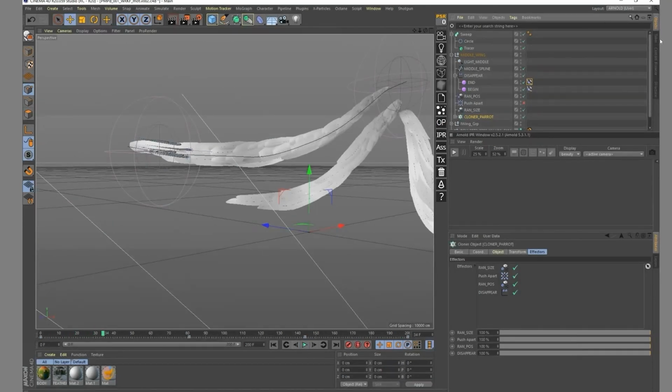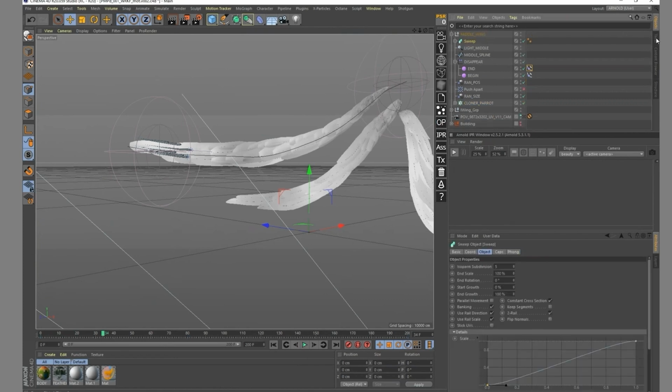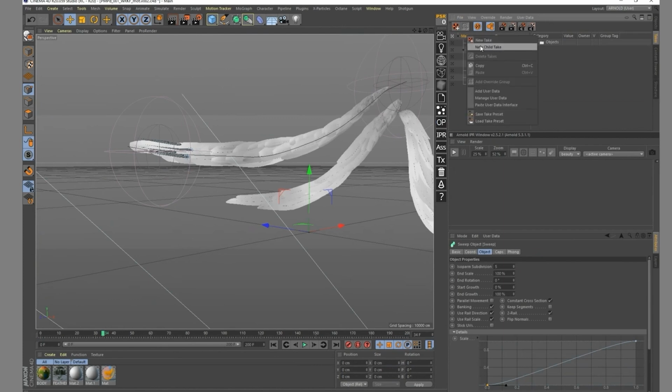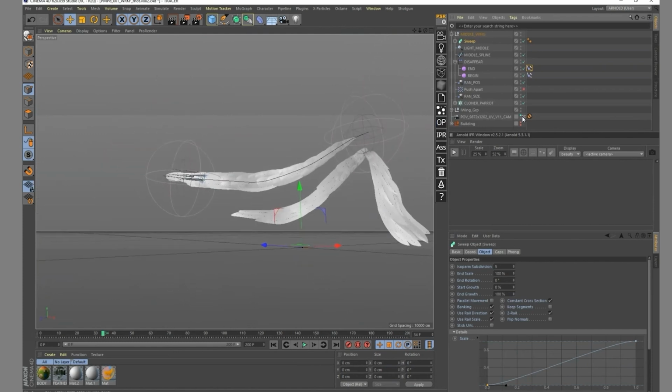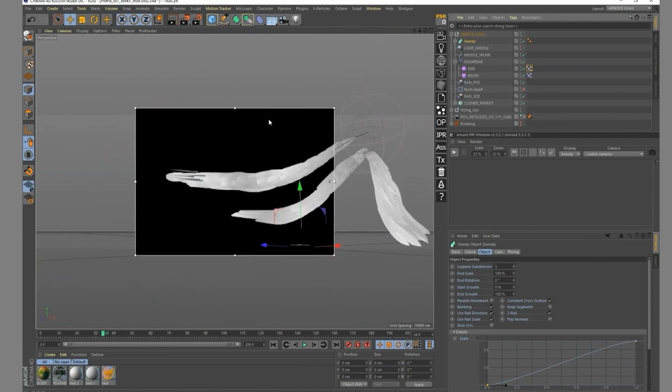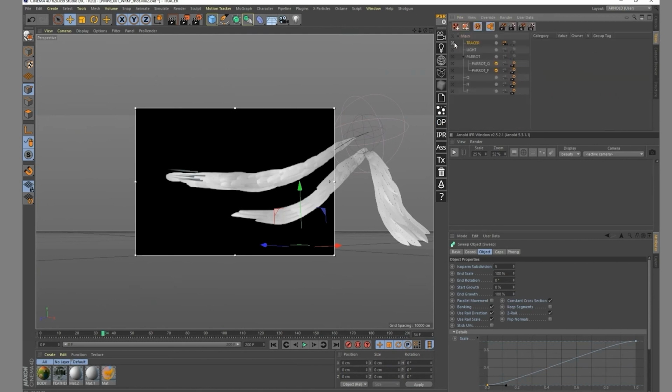So once again, I'm gonna put that sweep in my middle wing and activate a new take, a new child take that I'm gonna call tracer. And once again, I'm gonna go back inside of my camera to be sure that I'm rendering the right thing. I don't see the parrots right now.